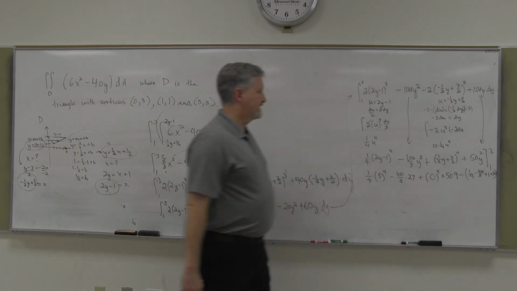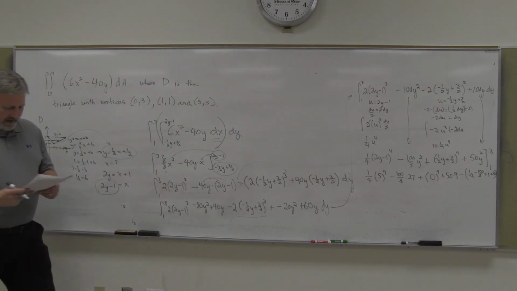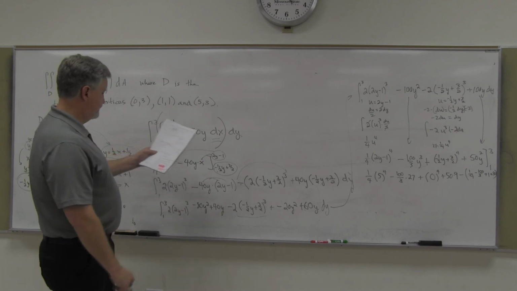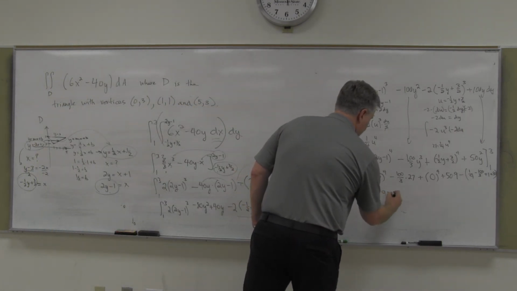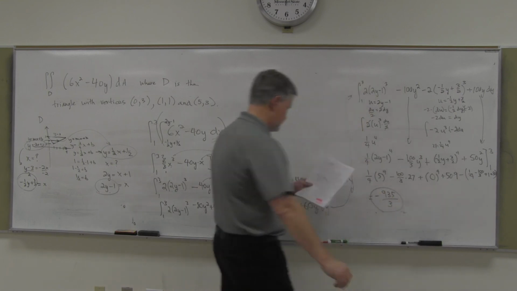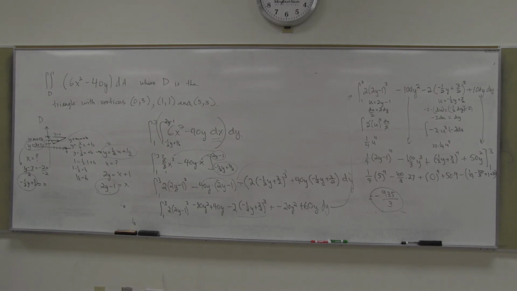So, yeah, a little messy, but I get that to be negative 935 over 3. Is what I had at one point previously. Is that okay? So again, not hard, just